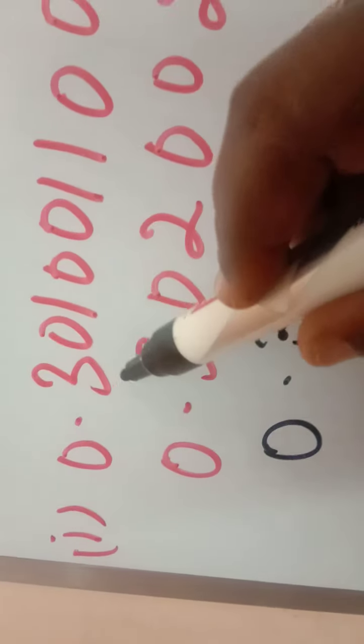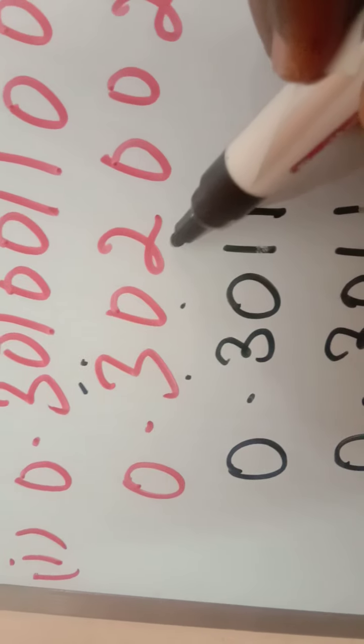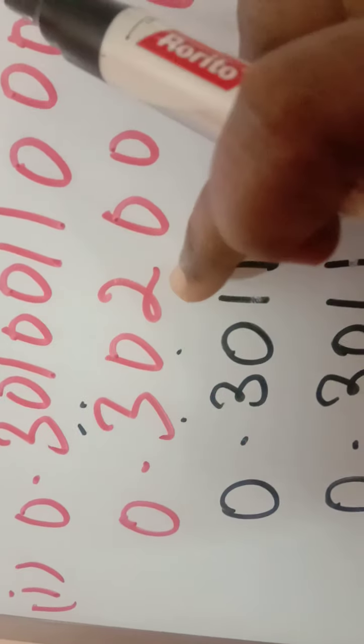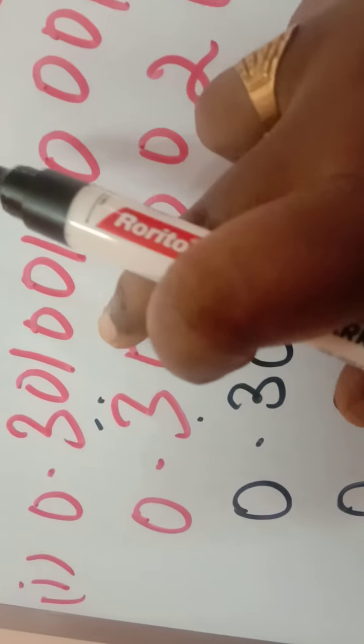See the first number, 0.3 0 1, and here 0.3 0 2. So 3 digits I have written, and the third digit differs. These two are not equal. So 3 0 you write there. The third digit is 1 here, 2 there. So 1 is there. If we write 2, we will get the other number, but we want a number between them, so I have written 1. The fourth digit is 0, so I am changing the next number to 1.